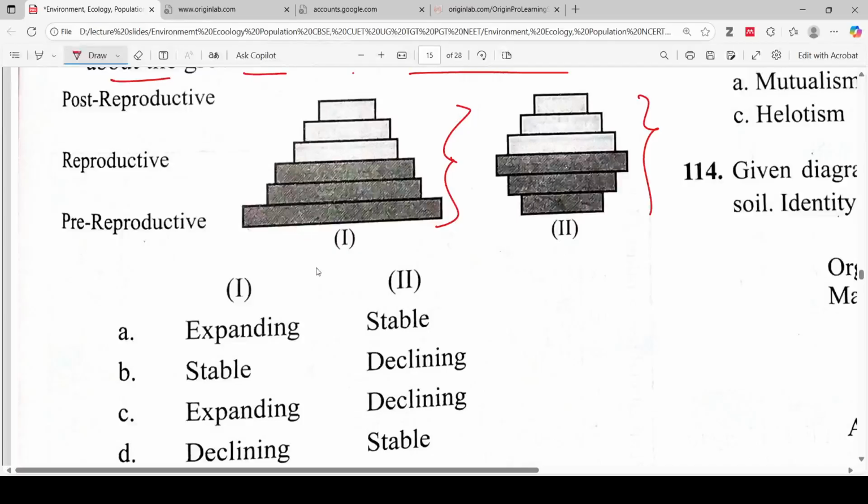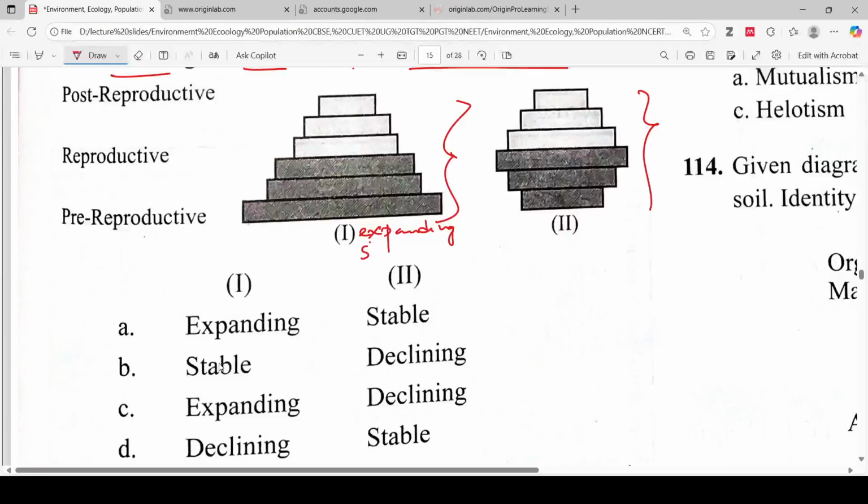So it is expanding, also stable. The correct answer will be: it is expanding, and it is declining,